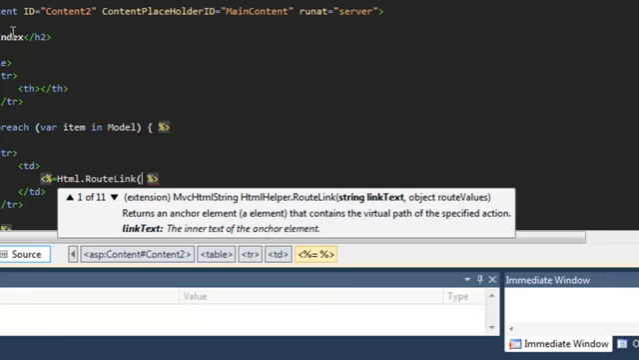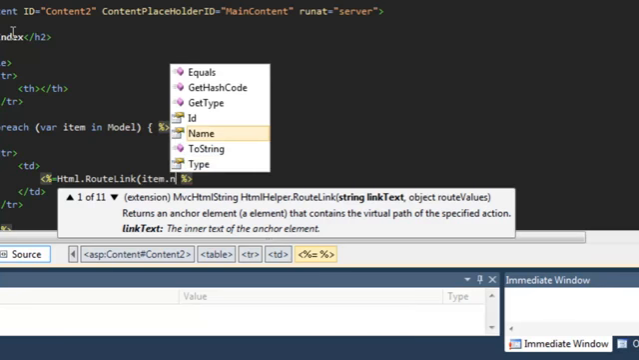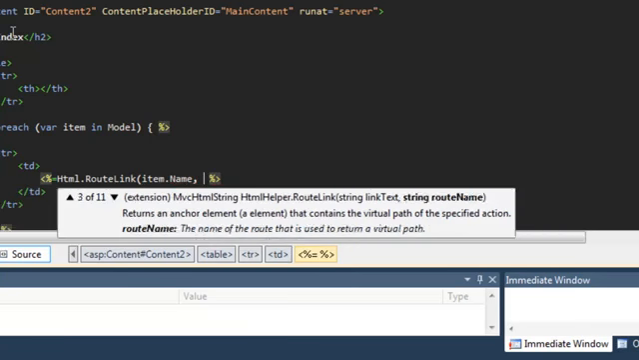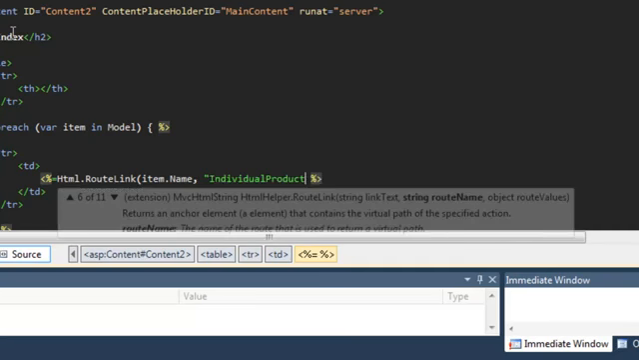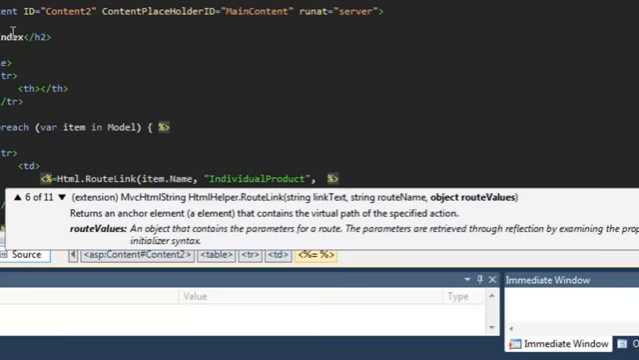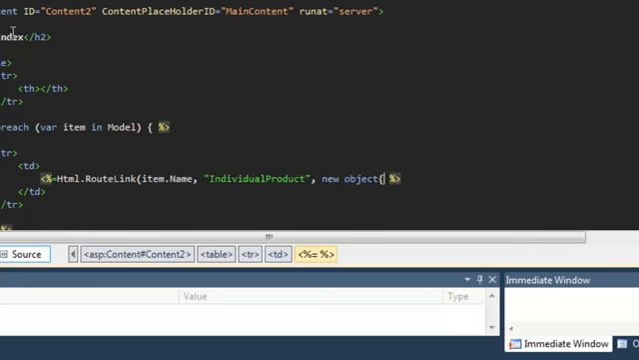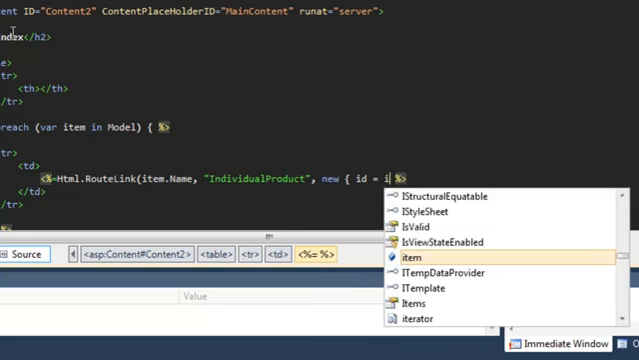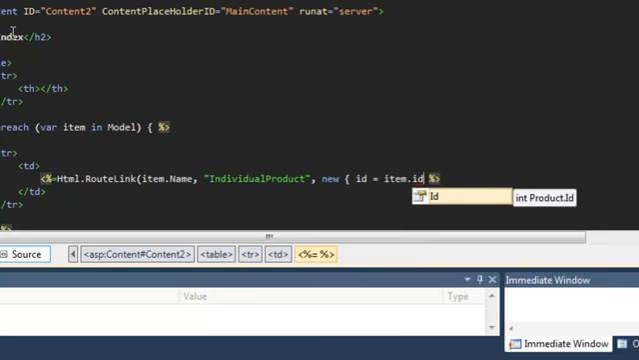This is what's going to be displayed to the user, and that is just going to be the name of the product. And I think we want the sixth overload, route name and route values. Yes. So now we specify the route that we want to use, which is individual product, and then we need to specify the values for the parameters of that route. All we need to specify is ID, and we need to do that within an object. So I am going to create an anonymous object and give it a property of ID, assign it a value of item.id,